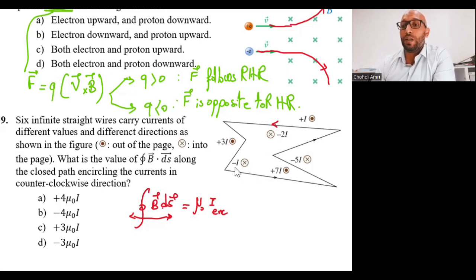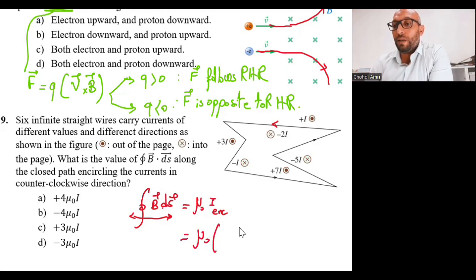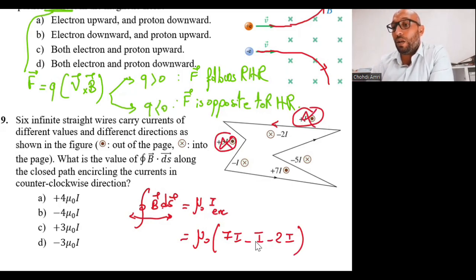But if we don't have the sign of the current, we can determine it. How? Put your fingers in the direction of the path, and your thumb points toward the positive current direction. So in our case, if the path is counterclockwise, the current out of the page is considered positive. Okay, let's come back. I enclosed in our case is going to be 7I positive, minus I, and minus 2I. These other currents are not considered because they are outside the path. So it's going to be